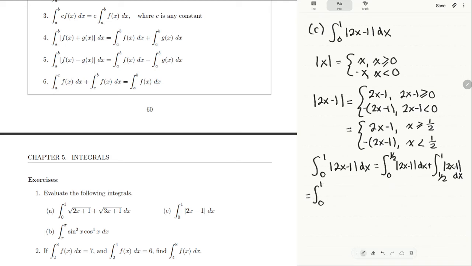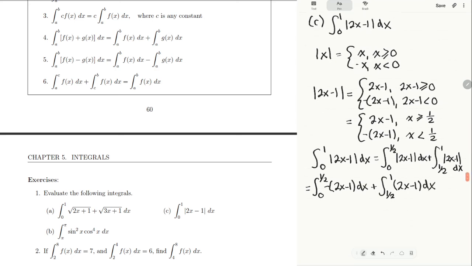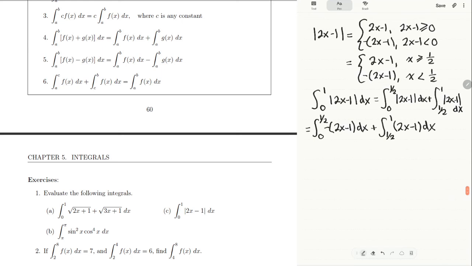Now when x is between 0 and 1/2, we know that the absolute value of 2x minus 1 is going to be negative 2x plus 1. And when x is between 1/2 and 1, the absolute value is going to be 2x minus 1. So now let's write this as the integral from 0 to 1/2 of negative 2x plus 1